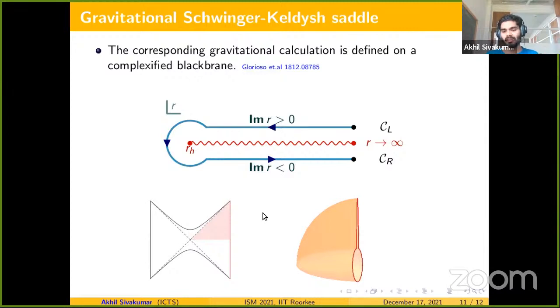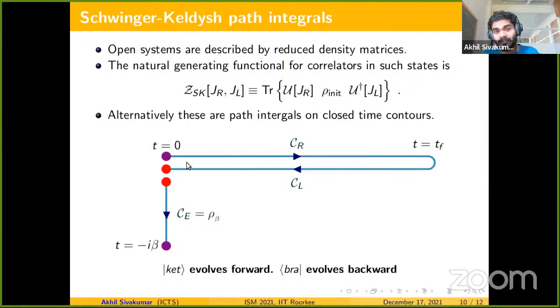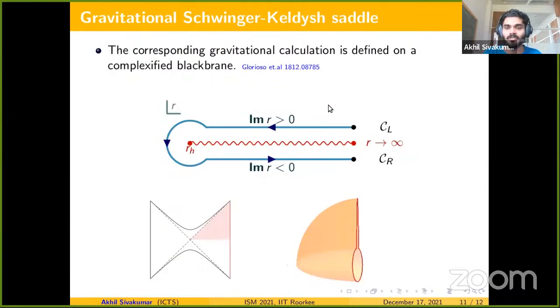So the point is, how do we go about doing such a calculation in the bulk, and why is any of this new or only possible at this point? You have to realize these bulk calculations, especially CFT path integrals of this kind, from the bulk, which involves understanding the gravitational saddle which captures this path integral. And I should say such a workable prescription